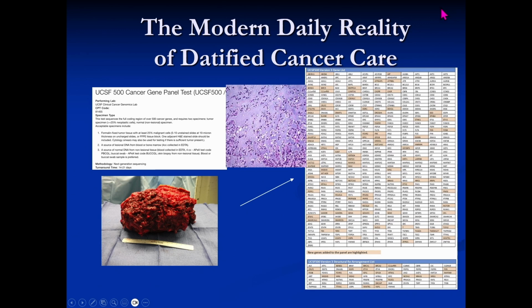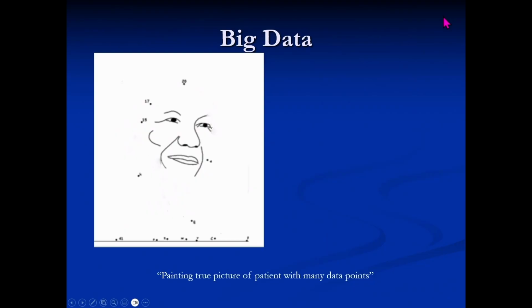This is an example from one of my recent chordoma patients where they did multi-gene analysis on this patient and found actually this patient was likely to respond to prostate cancer drugs because they located prostate cancer receptors in the chordoma, which was a complete paradigm shift compared to how we used to treat these tumors years ago. I think we're going to see the same through the application of big data in the adult spinal